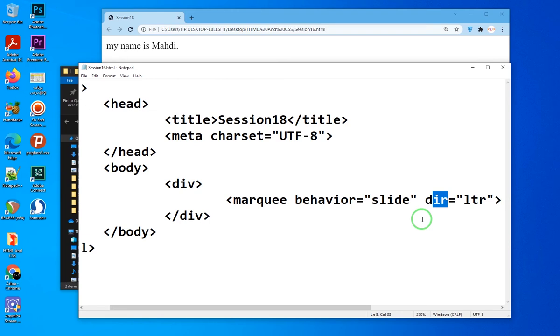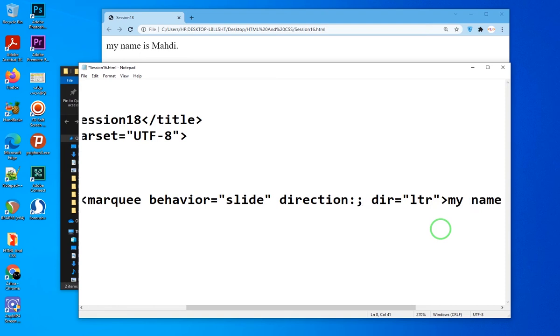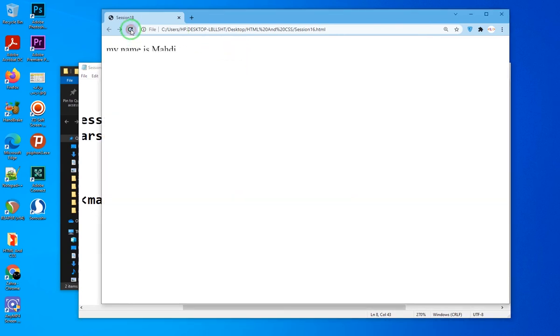This attribute has 4 different values, each of which determines the direction of text movements: up, down, right, and left. I write this attribute for you. Direction. For example, up. I save it, I refresh this page,